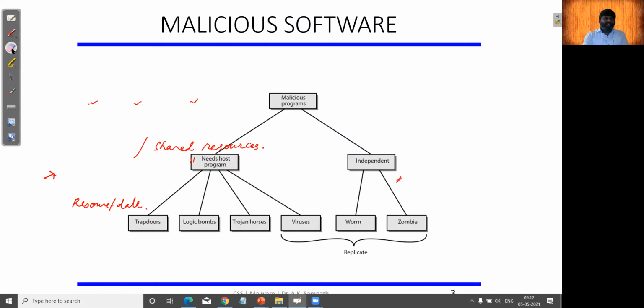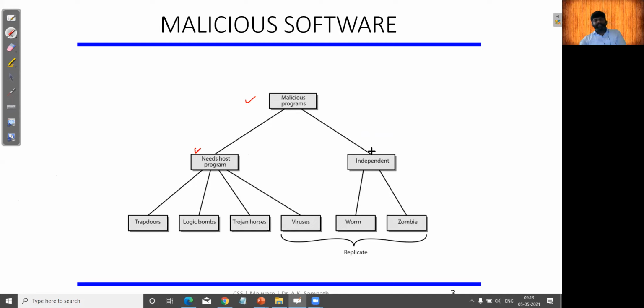Next, we'll discuss the broad classification of malware. Malwares are classified into two major categories. The first one is malware that needs a host program, which definitely requires a resource, maybe a file or a PC or any other resource. Only then can this virus or malware be activated, and from that moment it will start doing the malicious activity.